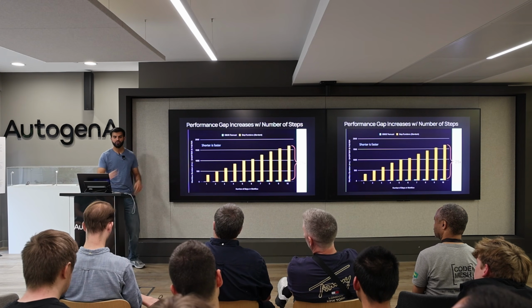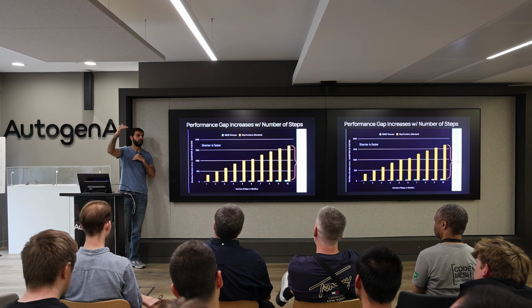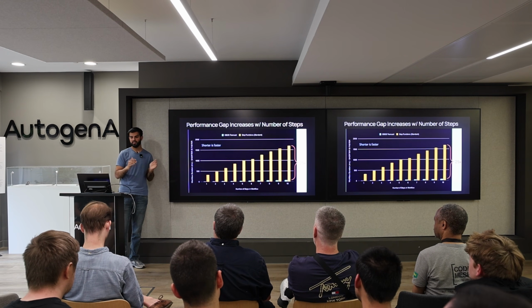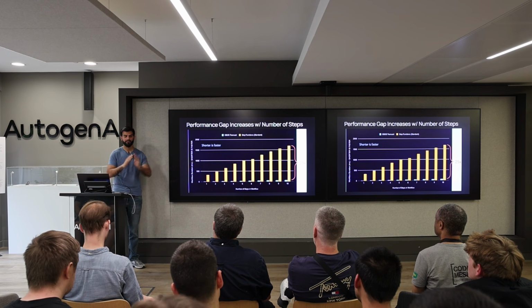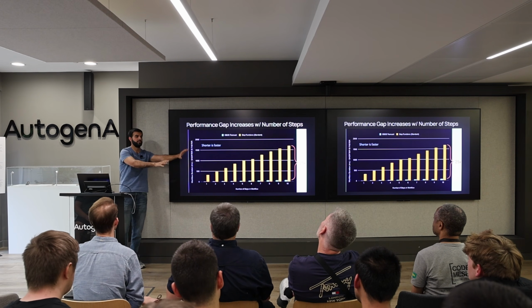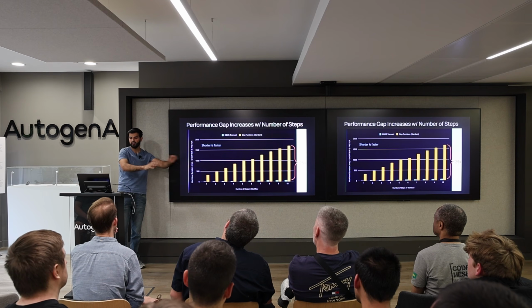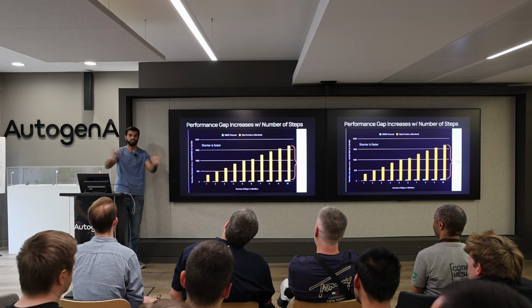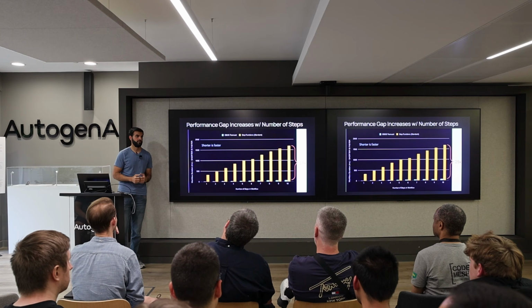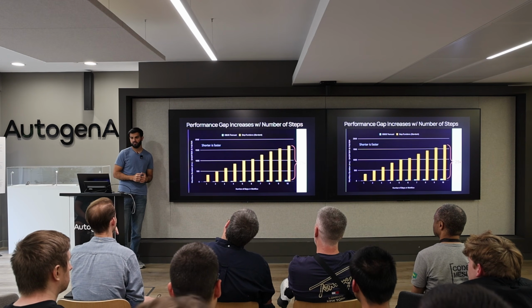And as you increase the number of steps, because this is a much simpler system, they did a benchmark against Step Functions. Step Functions has an orchestrator in there and is speaking to different storage systems, right? So the more steps you have, the more latency you have, okay?